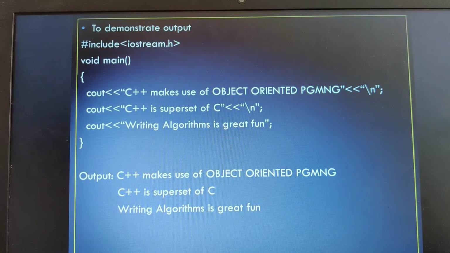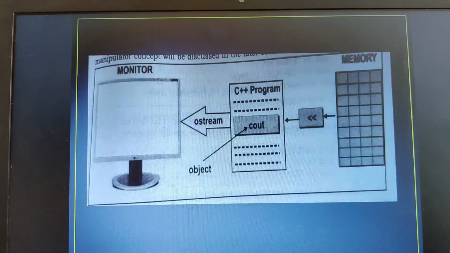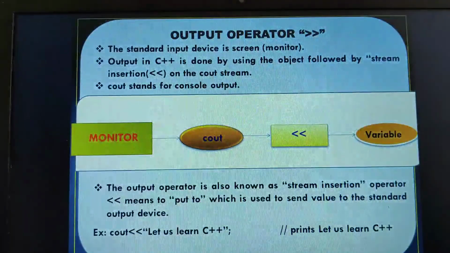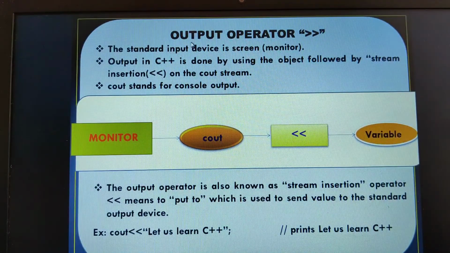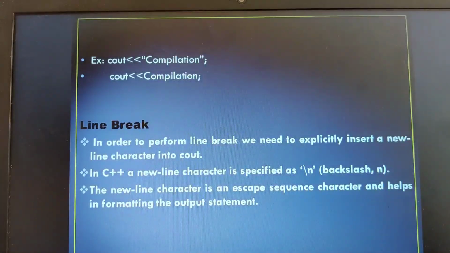Okay, then moving on. I hope you are able to clearly understand what the CIN operator is and what the cout operator is. Students, for 2 marks, if they are asking for the cout operator, write what it is, write all these points, draw this diagram, and an example is a must. You should give this explanation and example for both the CIN as well as cout. Example, diagram, and these points are very, very important. So this is a definite question from this particular chapter. I hope you are able to understand.